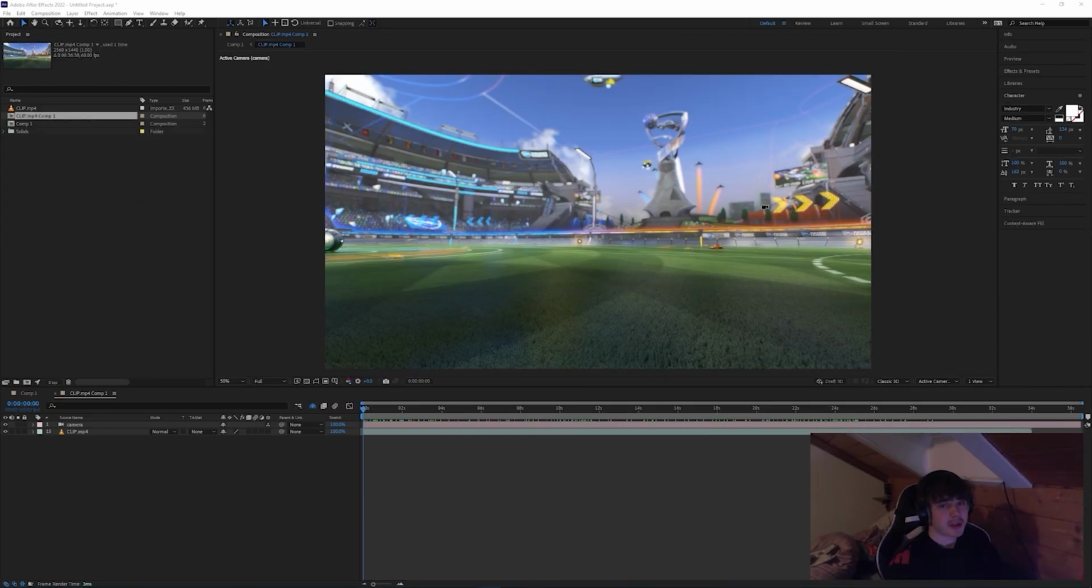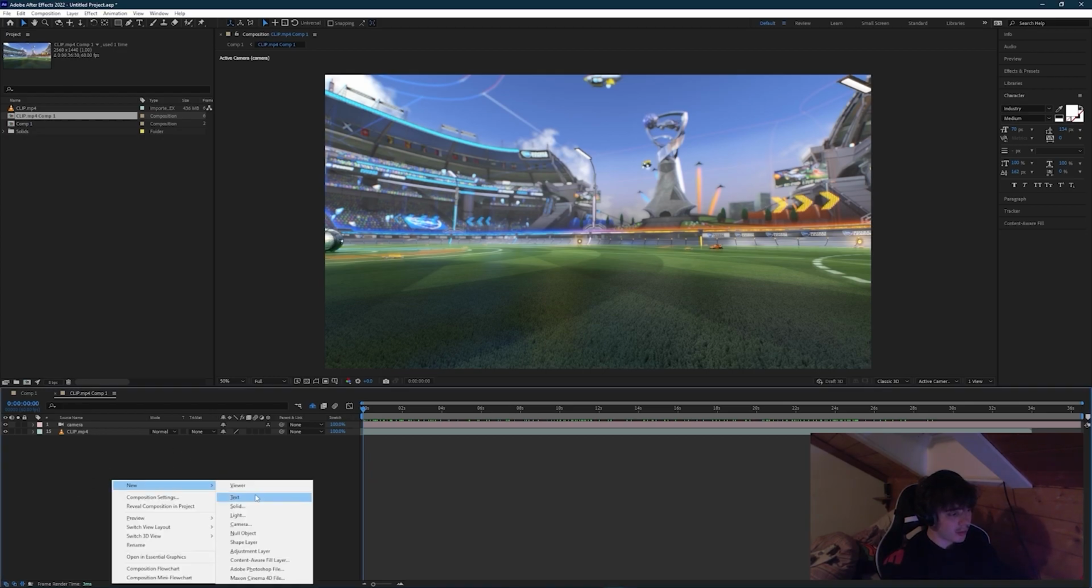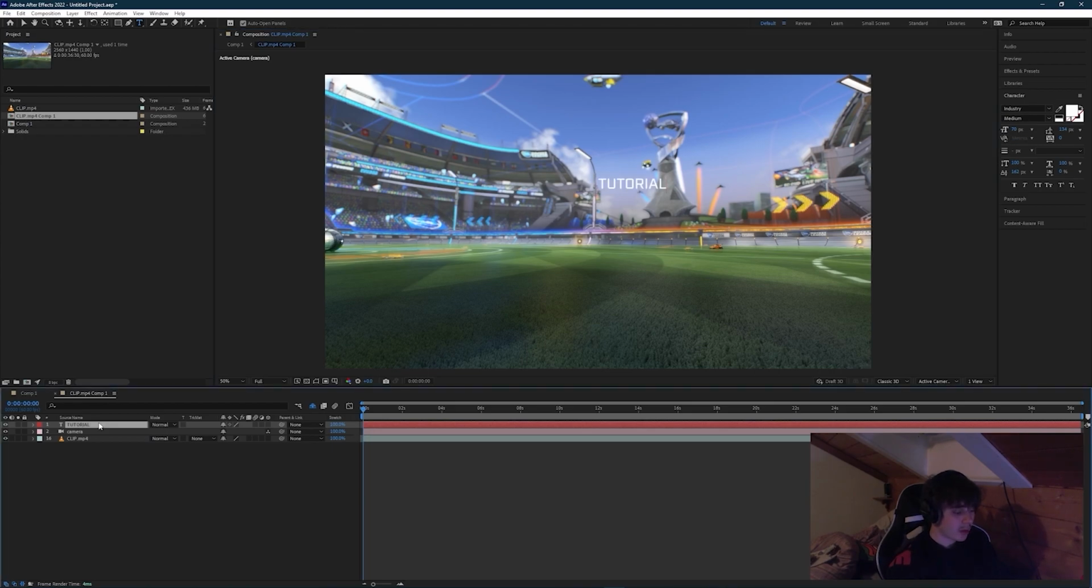Next up is 3D positioning. This part will show how to place objects inside and outside of the field, and we're mainly going to do this with 2D objects, as Tornado is going to mention how to do it with Element 3D later in the tutorial. I'm going to start off by right-clicking in my timeline, clicking New Text, click on the layer again,